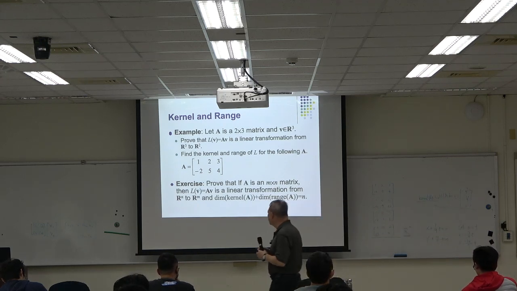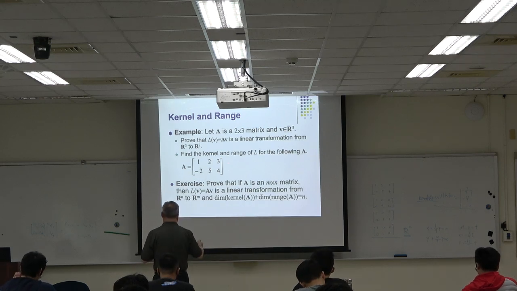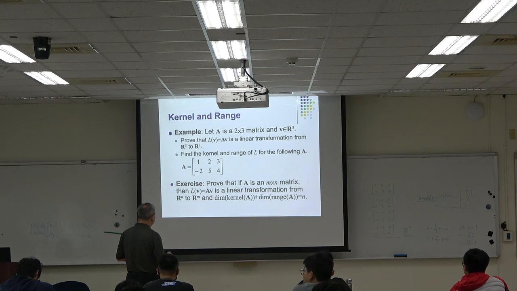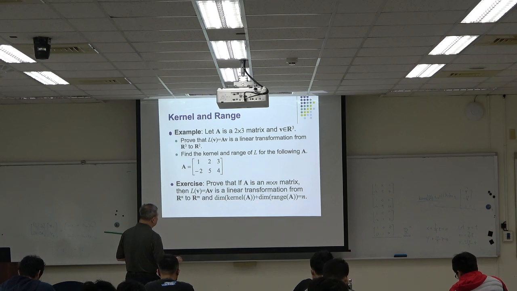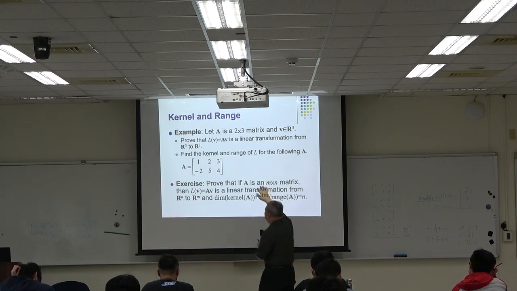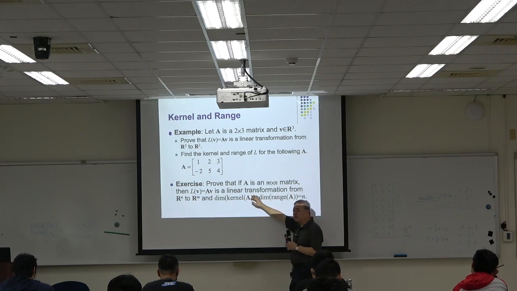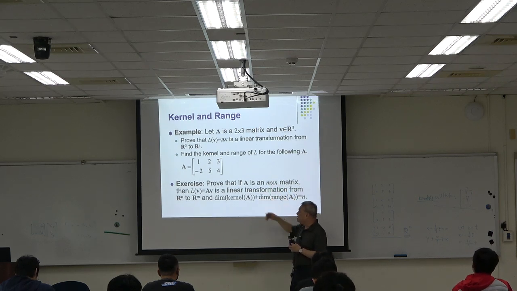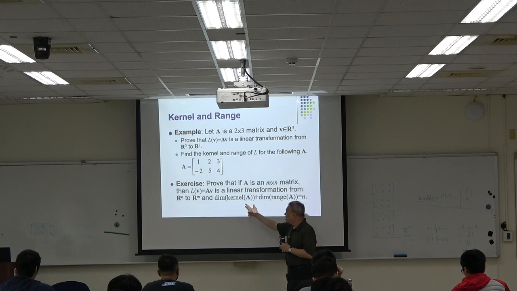R2. So this is the range, the range of L. Now exercise: prove that if A is an n times n matrix, then L(V) equal to AV is a linear transformation from Rn to Rn, and the dimension of kernel A plus dimension of range A equal to n. We already proved earlier that this is a linear transformation, right? We just proved the special case, n times n. Then the kernel of A is the null space,